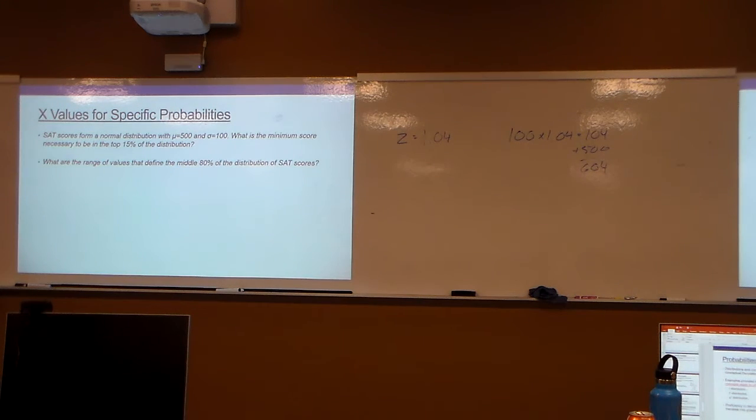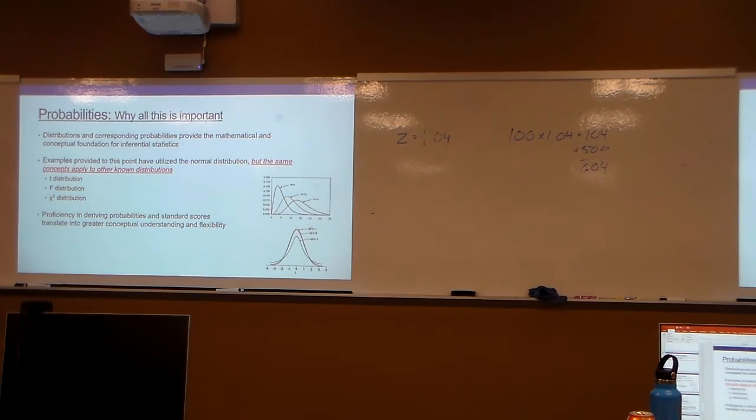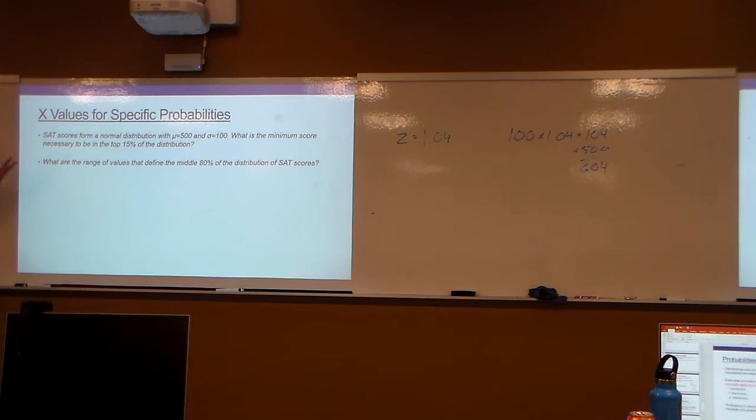What are the ranges of values that define the middle of 80% of the SAT distribution? You can go find a z-score that captures 40% above the mean, 40% below. Find what that z-score is, and then do the same thing, go through final scores and things like that. Okay. So, people comfortable with how we're going through and using this to find relatively interesting information? Like if I got your GRE score and you want to know the percentile or percentage of people, where you fall and things